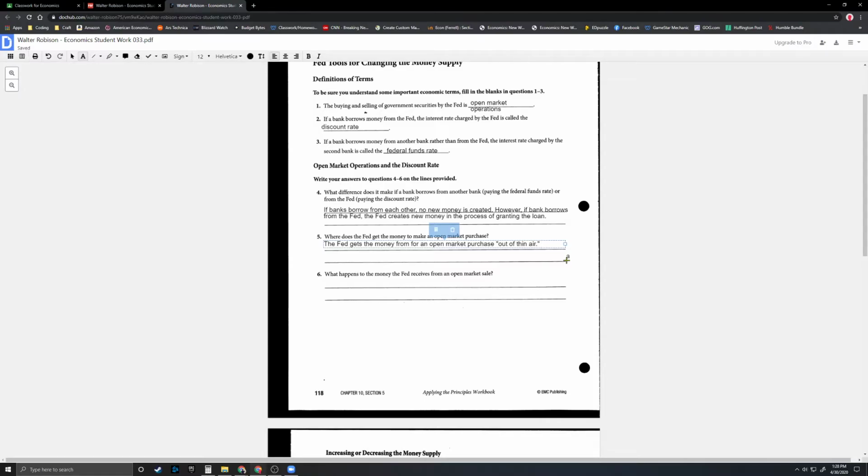Now I say it facetiously, out of thin air, because they're not pulling it from an institution. They're just putting in an amount that they want printed at the Bureau of Engraving, and the Bureau of Engraving starts the printers, and they just print this money off. Okay, so